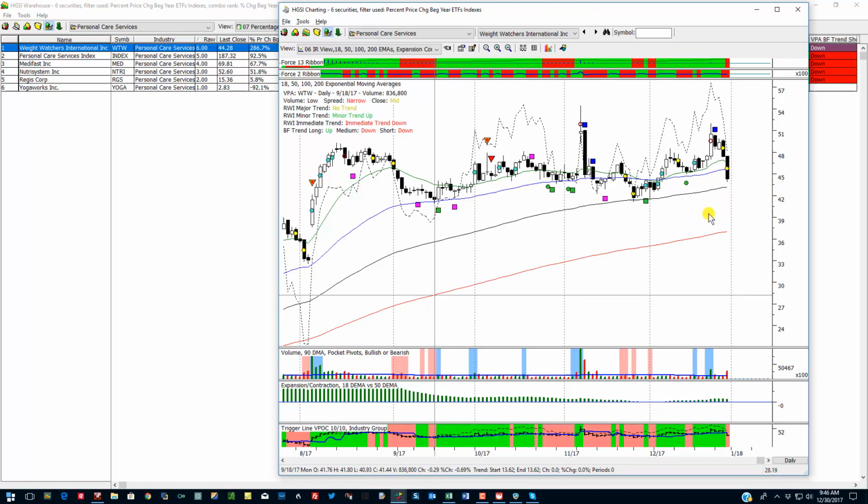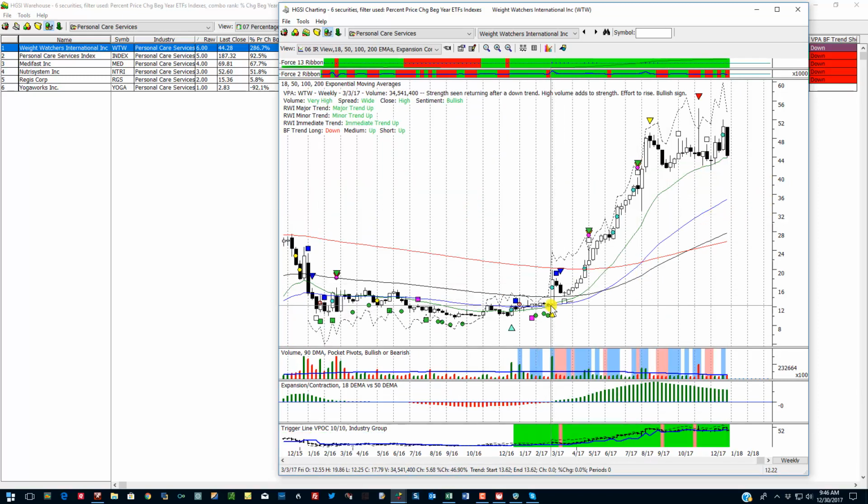If I go to a weekly chart, though, alternate W, you can see that it broke out of a base around $13, it looks like, and moved up very sharply. Look how tight this is on a weekly chart here. Notice that the group is going down now, and it was a big black candle for the week. But I want to look at this on a daily chart,